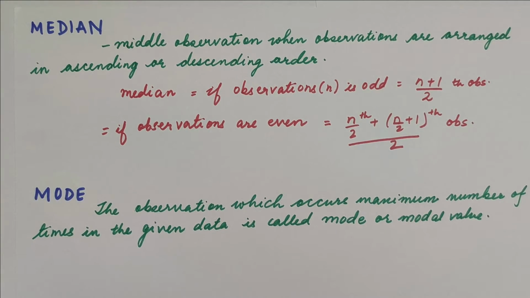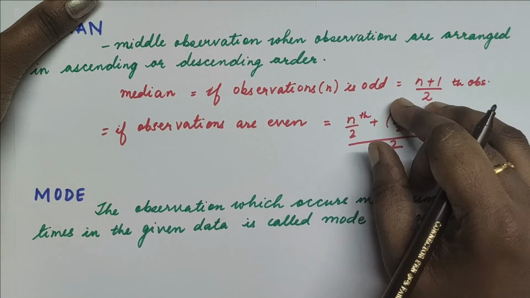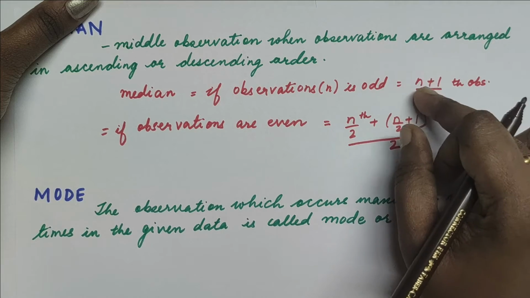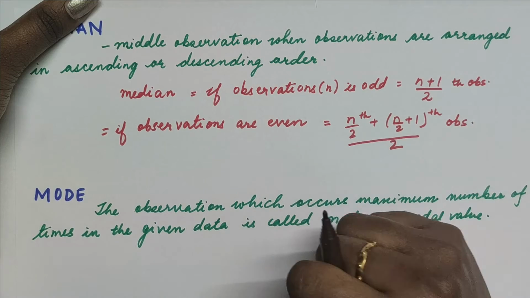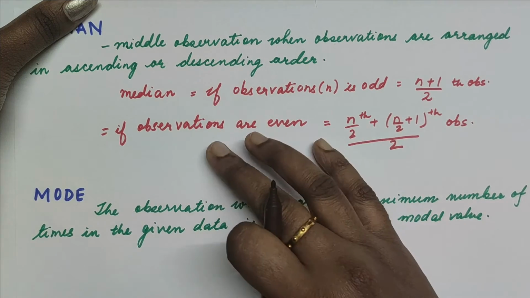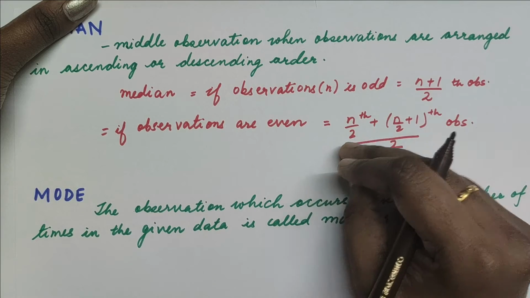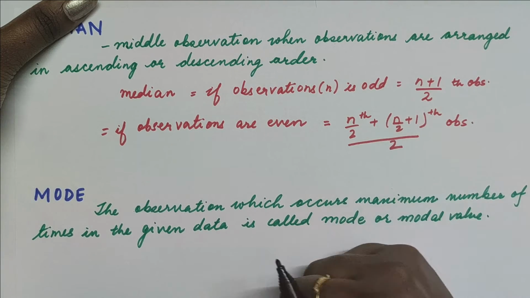Now this measure of the central tendency or the representative value. One is mean. We calculate the average or the mean. Another two concepts are median and mode. Now when we talk about median, it is a middle observation, but in that we are first arranging the observations in an order, that is either it can be ascending or descending, and if the observations are odd number, then you do that odd number plus 1 by 2, that position of the observation is your answer. If your observations are even, then you will get 2 positions. You have to do the summation of them and divide by 2.